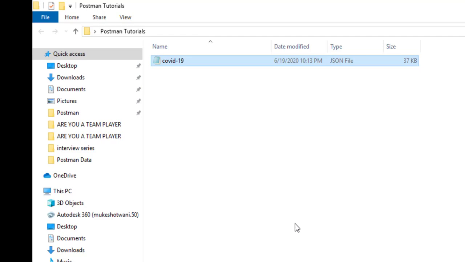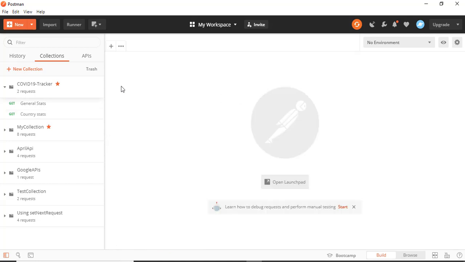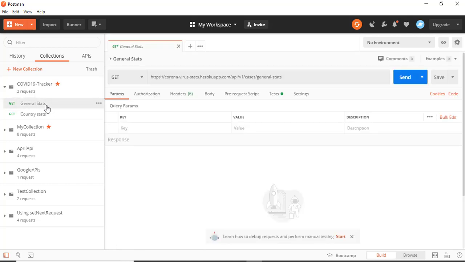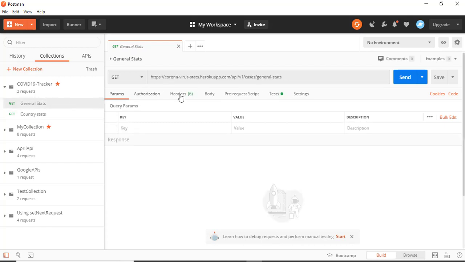That's very good. Now let's make a few changes so that you can understand how it works in real time. In my previous videos, I already showed you how to create environment variables, right? So let's say this URL is getting repeated in almost every request, and we already discussed that I don't want to hard code this. So what if I make this an environment variable and then I want to run it?